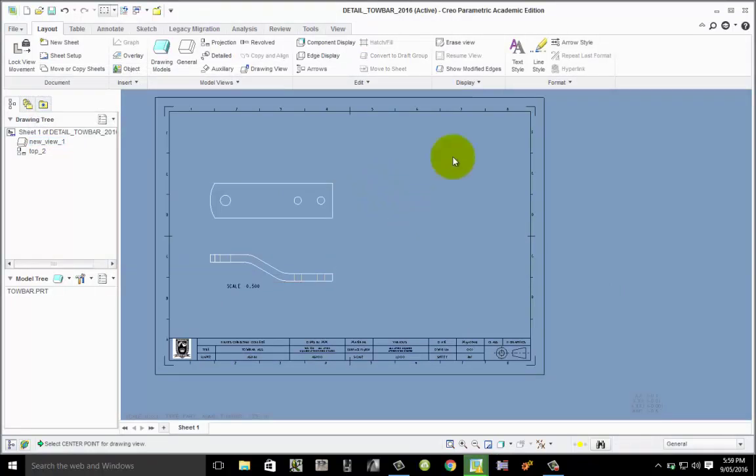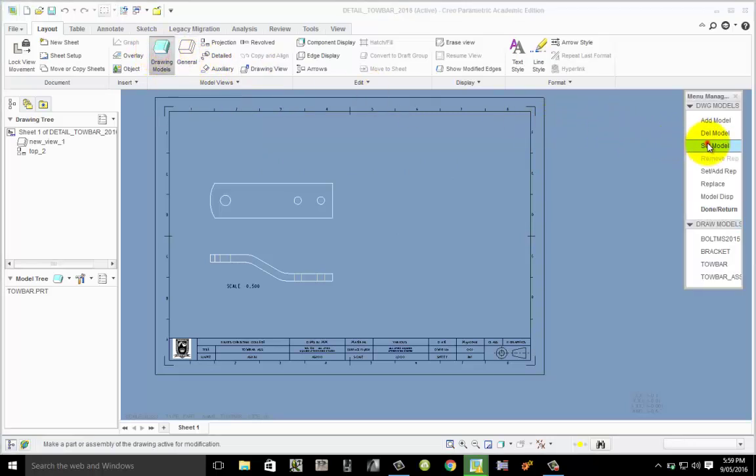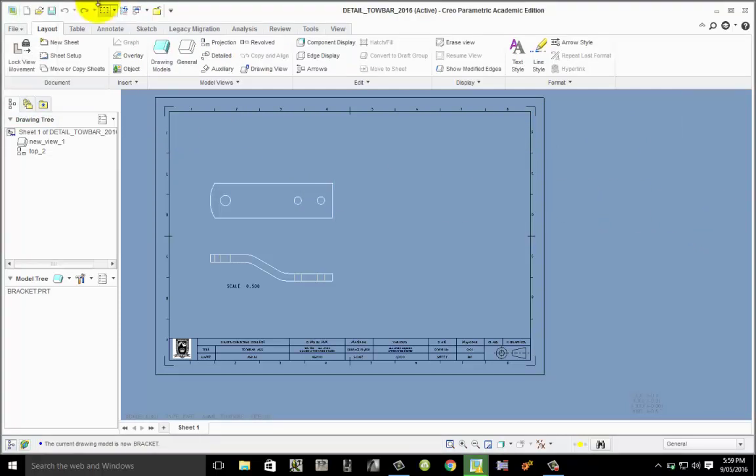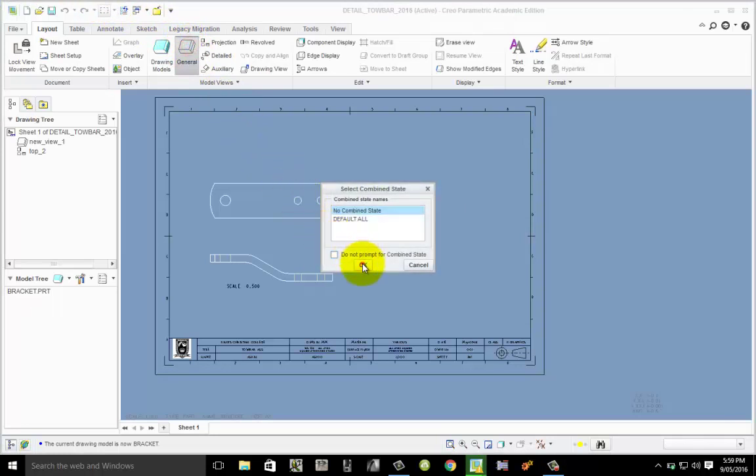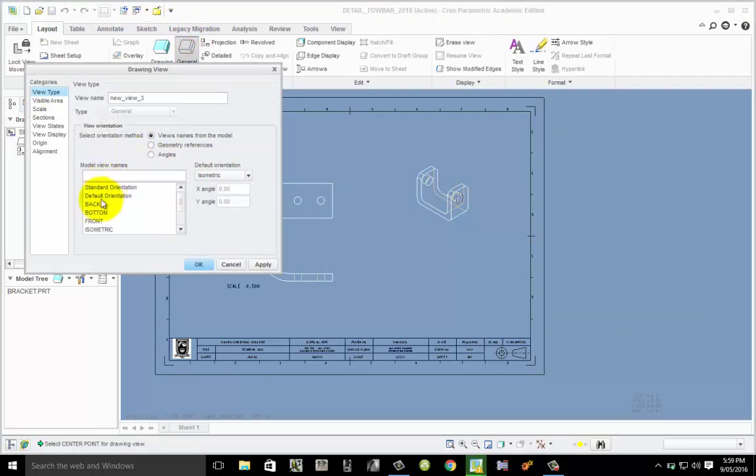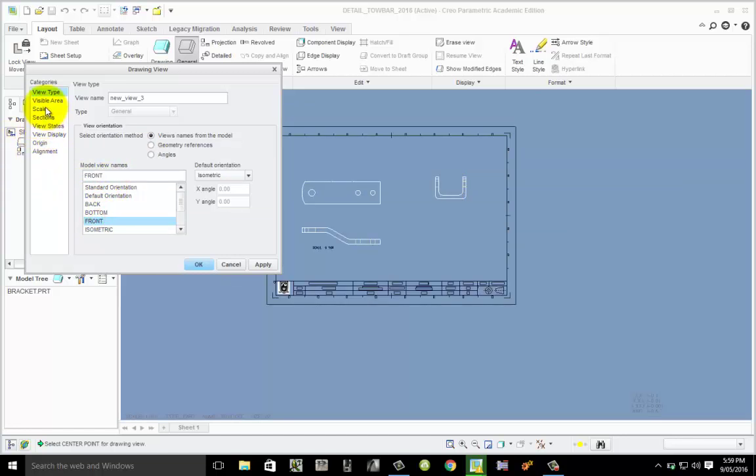Now we've got to also get these other drawings in, so what we might do now, we might add those at the same scale. There's a rule that if you're going to put more than one part onto a detailed drawing, you must have them at the same scale, or it's misleading if they're not. So now we'll go back up to drawing model, set model, and this time we'll choose the bracket. Done. Click on general, click OK, left click again, and you can see the bracket comes in. We'll go for a front view, that's good. And while we're there, we'll just check the scale,